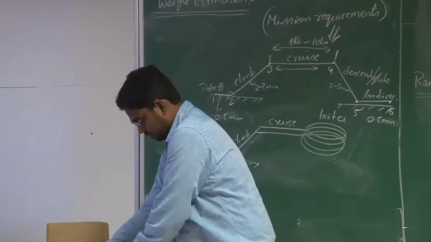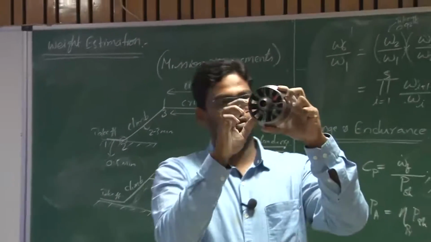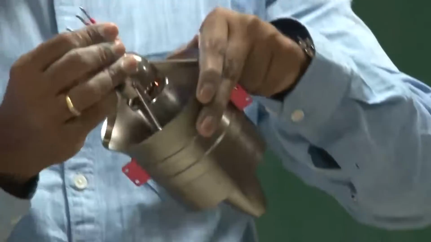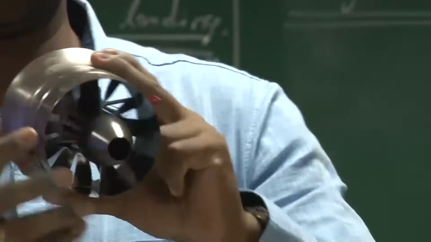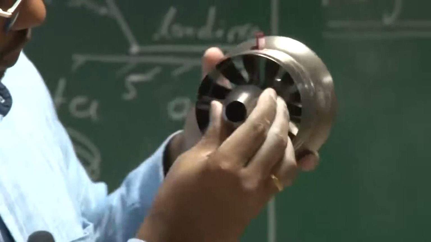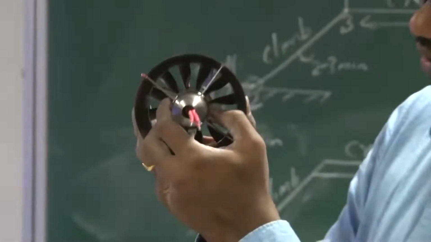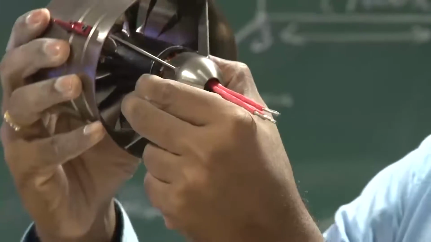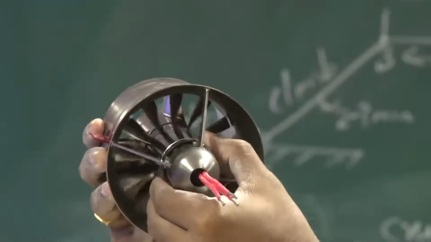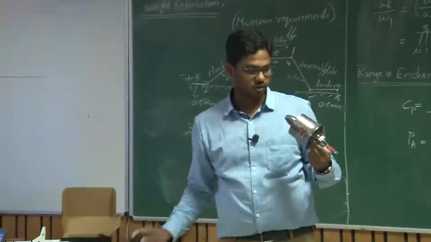There is also a ducted fan, which is also powered by electricity. Like before, we use an onboard battery to power this particular power plant. You can see here there is a fan. The output again here is a shaft power. This is the back side of this particular EDF. We call it an electric ducted fan. The output is a shaft power here. It has a similar concept to the brushless outrunner motor.